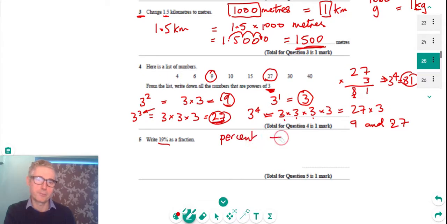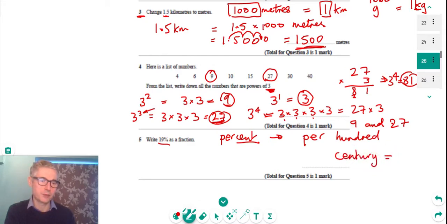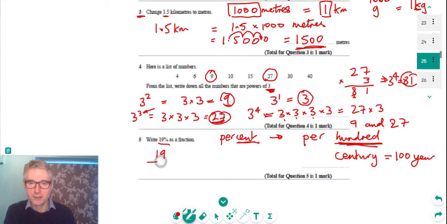actually means per 100. We can think of cent, which always means 100. If we add that into a word, it usually means 100, because, for example, century is 100 years. So per cent means per 100. And so to convert this into a fraction, that just means 19 per 100, which we can write as 19 over